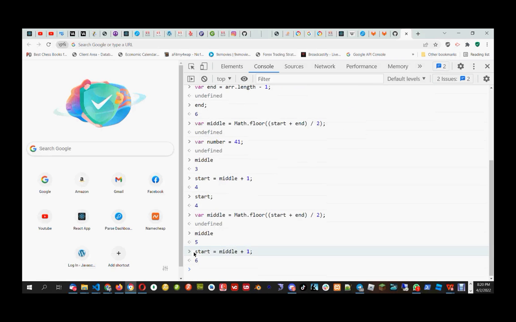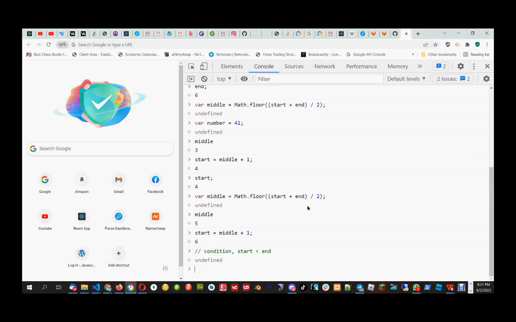So we have the condition that start number should be less than end number. If it is not, then we have to come out of the loop, and we have to write one condition again when we come out of the loop. And the condition will be